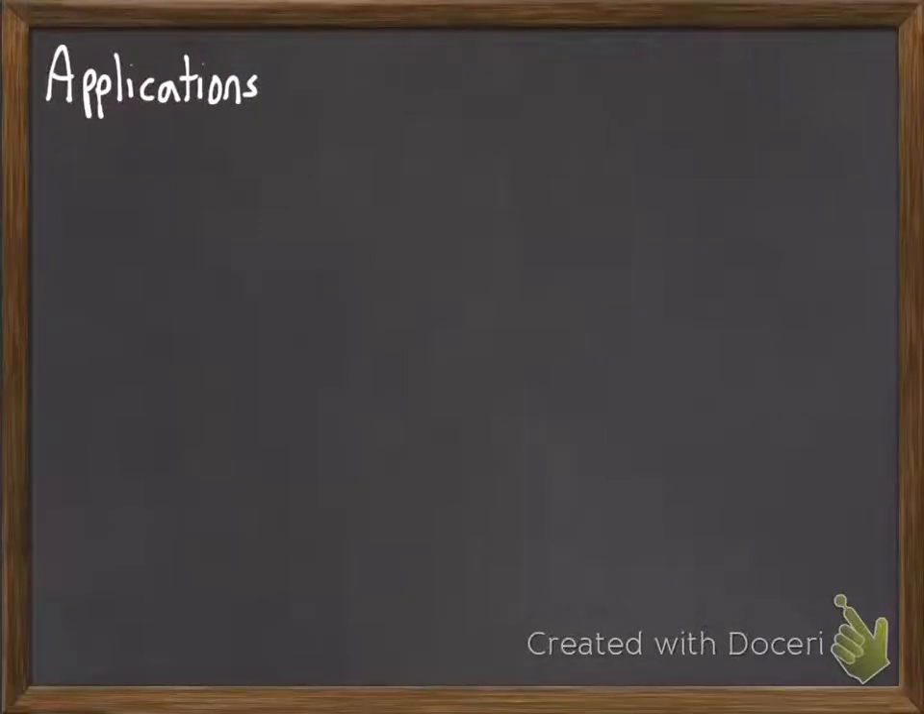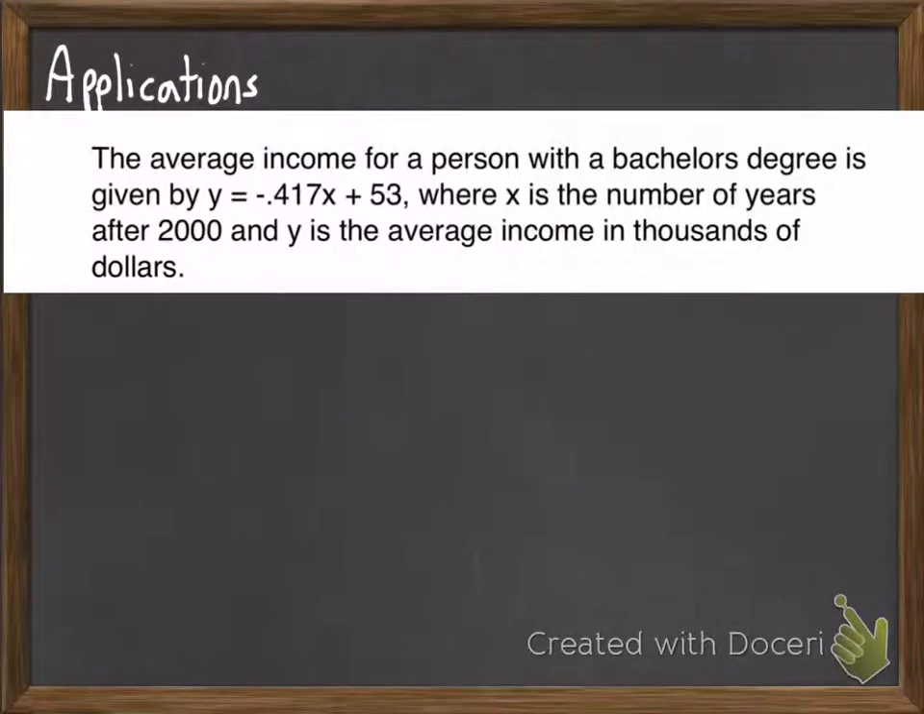Okay, so we want to start to look a little bit at some of the application questions that we might run into. We begin with this problem. The average income for a person with a bachelor's degree is given by the equation y equals negative 0.417x plus 53. And then, as often happens in some of these applied problems, x and y will be tweaked so that we're not dealing with